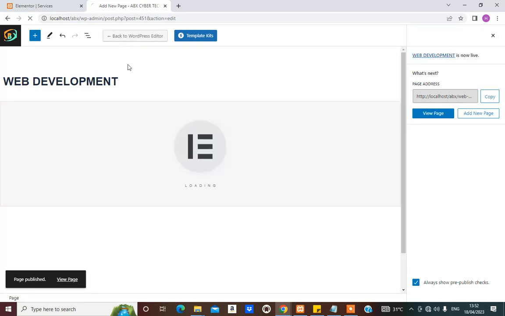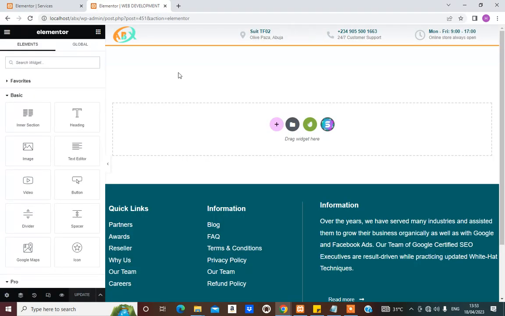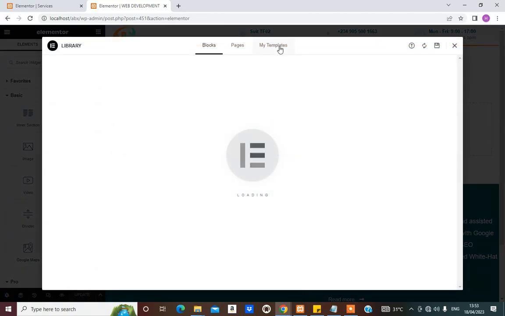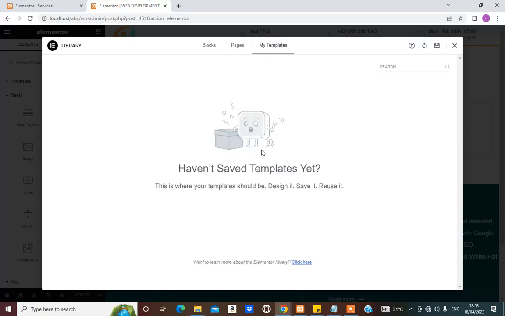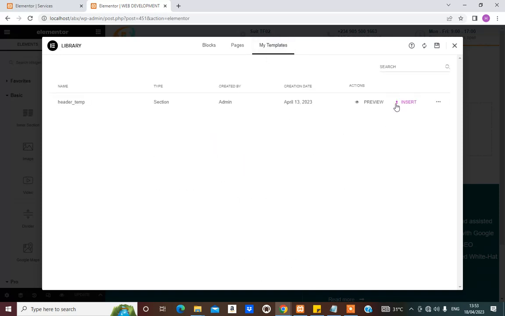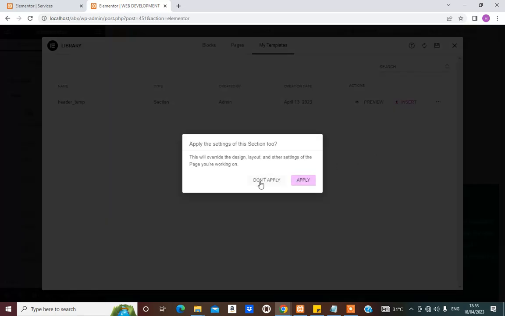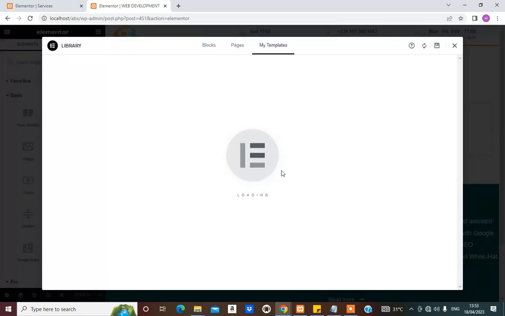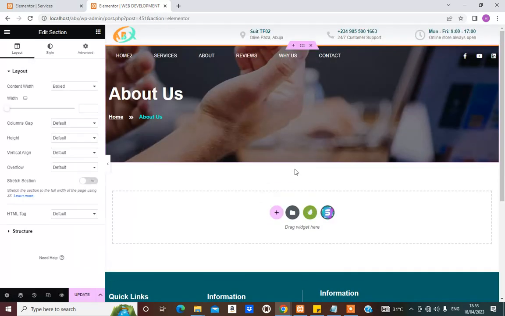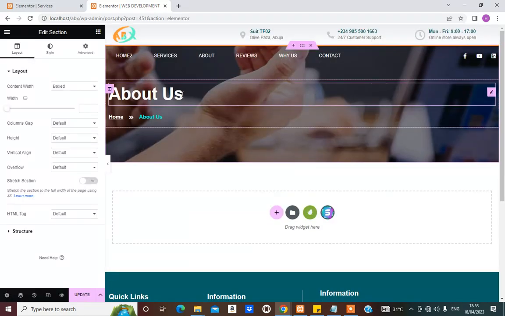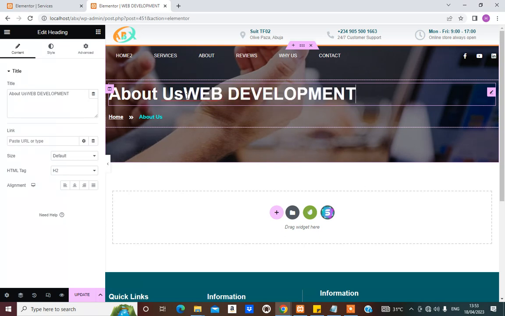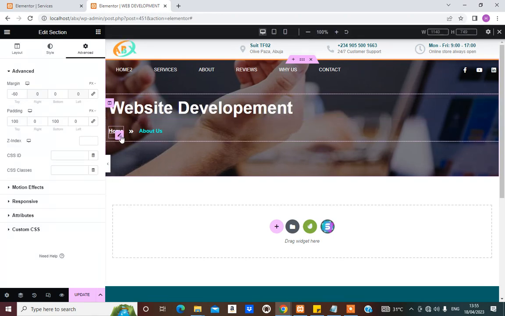Edit with Elementor. So once it's finished loading, the first thing we are going to do is to import our header template. Insert, do not apply. Okay, so we are here. We are going to change this to website development. So next thing, we are going to duplicate this